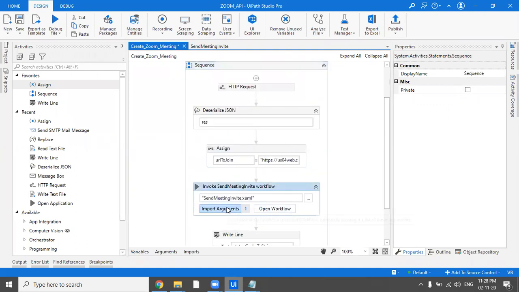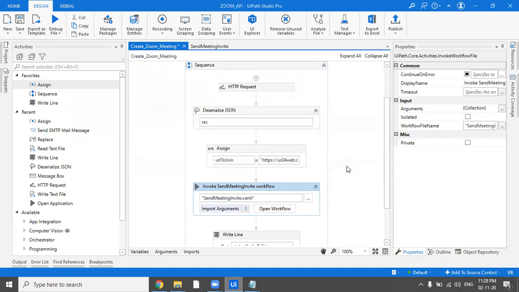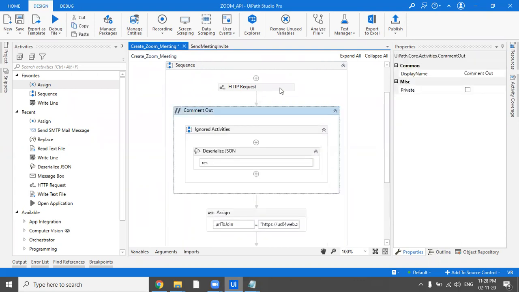Let's paste it here. And in here, instead of deserializing this entire thing, let's pass the URL to join. Obviously there is no point in doing all these other things.